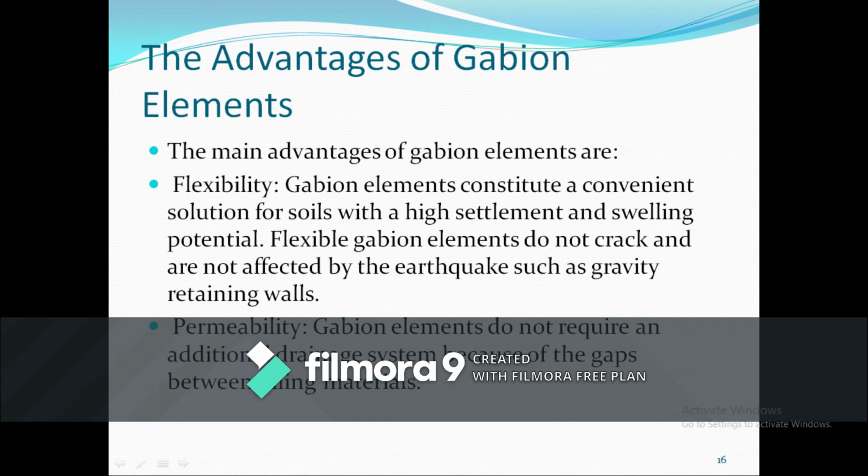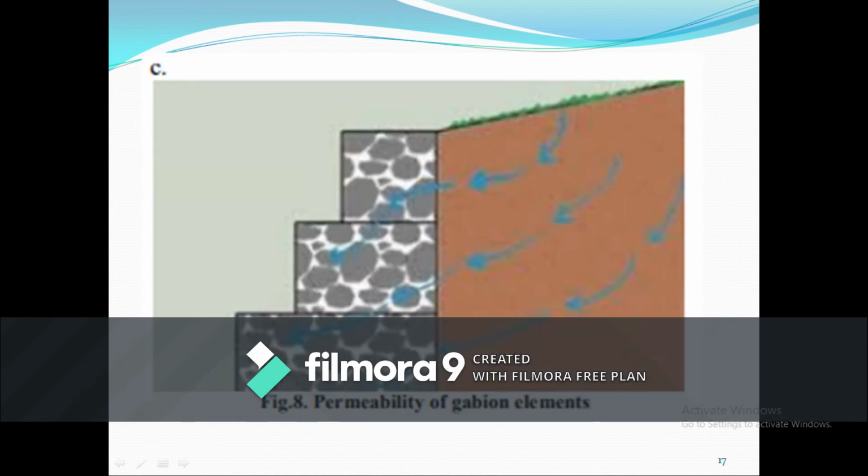One is flexibility, the next one is permeability. Both things help us in order to use them. The figure here shows how the gabion element is constructed and how the movement of water takes place. So we have on the top a gabion element from the steps, it is being pegged.